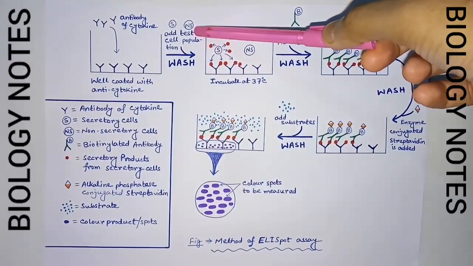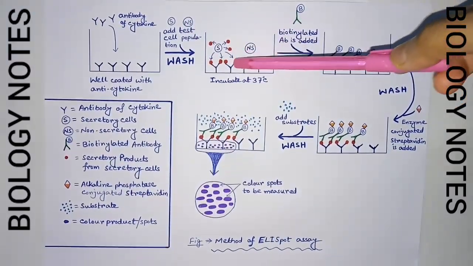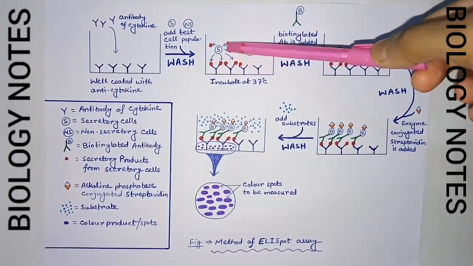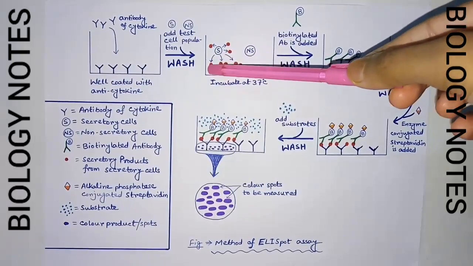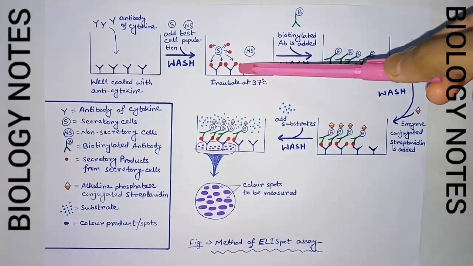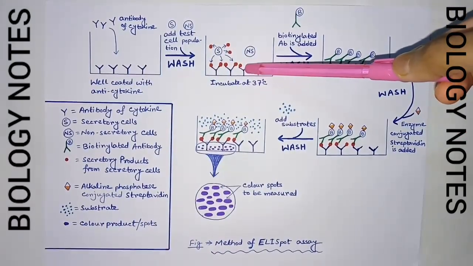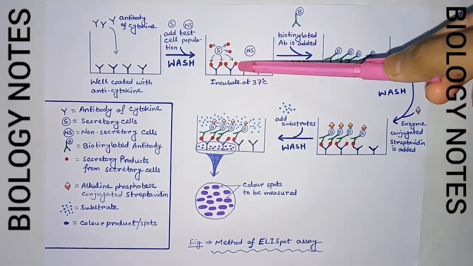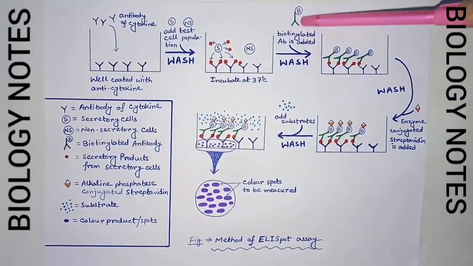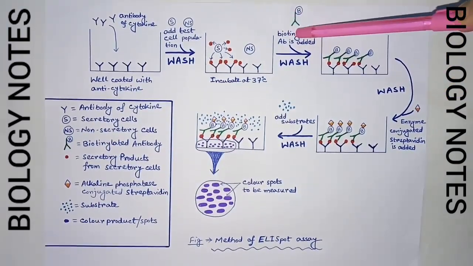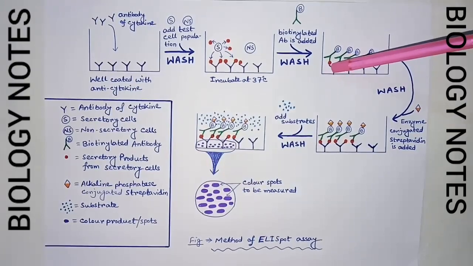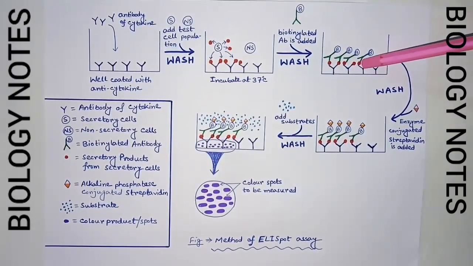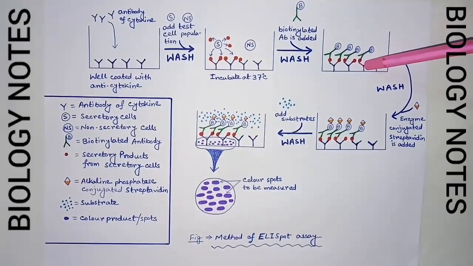What will happen is that the cytokine that has been secreted by the incubated cells starts to attach to the antibodies at a specific epitope. The cytokines are shown here in red color. Biotinylated cytokine-specific detection antibodies are then added to the wells. These cytokine-specific detection antibodies will bind to cytokine that are already attached to the cytokine-specific monoclonal antibodies.